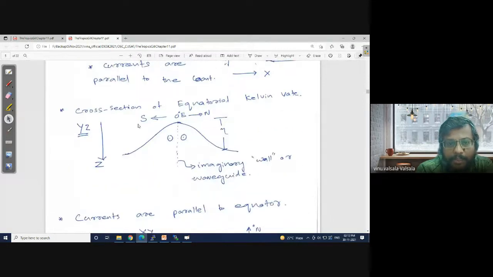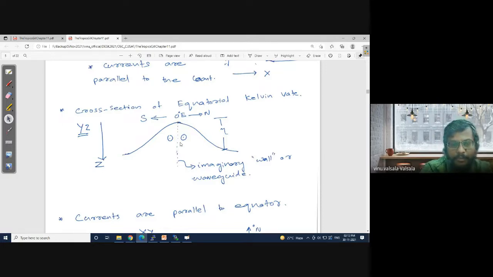This is the vertical section of the equatorial Kelvin wave, right? The maximum height, or the minima of the height according to the positive or the negative of the wave, is at the equator. And the equator is offering a guide, therefore the wave is coming out of the paper. That's why the circle and dot looks like two eyeballs, which actually means that the wave is coming towards you, right? This is a YZ cross section. Left to right is the Y direction, and top to bottom is the Z direction. So this is the vertical section of the wave. It is coming out of the paper.